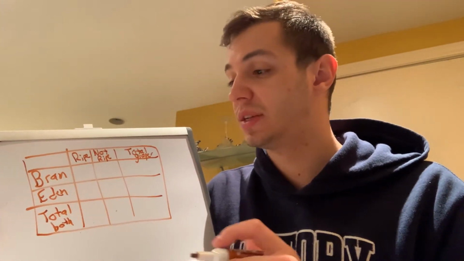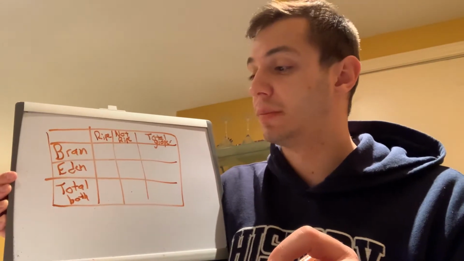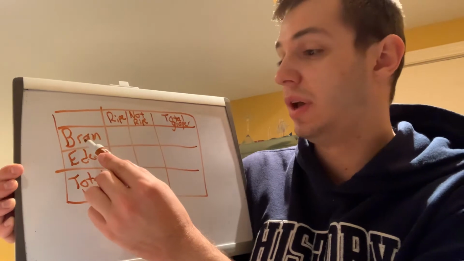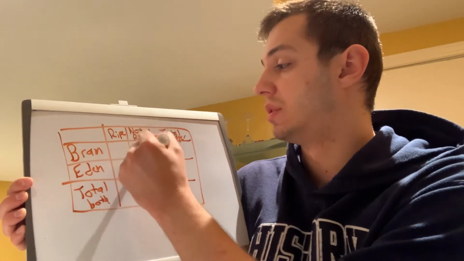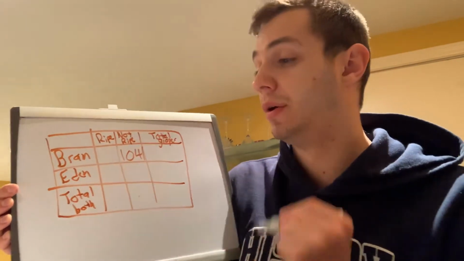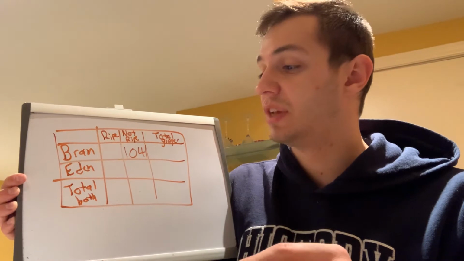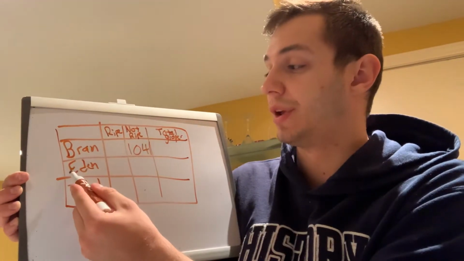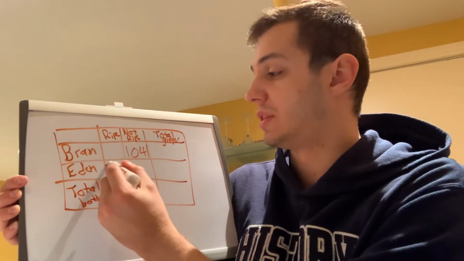So fact 1 tells us in Brandon Vineyard, 1,041 grapes were not ripe. So we're going to look where Brandon Vineyard is, and we're going to look for not ripe, right? And that's going to be 1,041. Our next fact tells us in Eden Vineyard, 7,084 grapes are ripe, right? So I'm going to look where Eden Vineyard is, and then where my ripe category is, and write